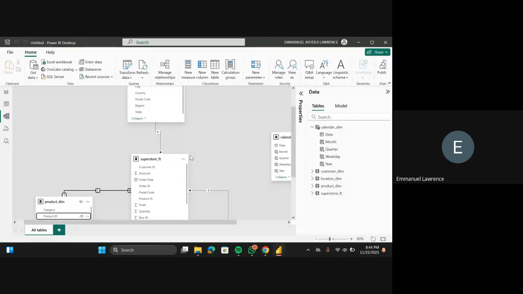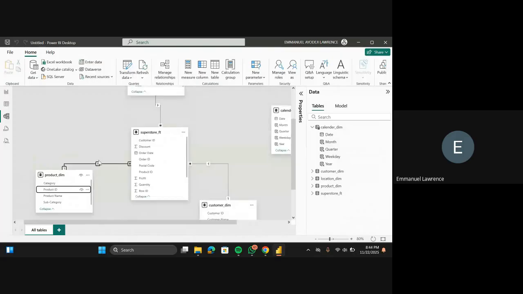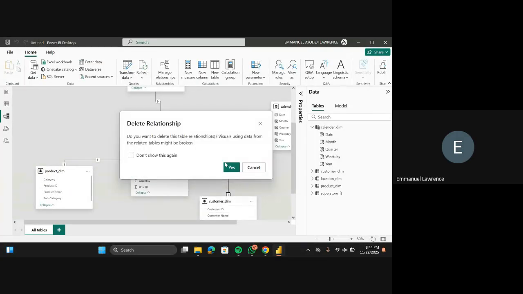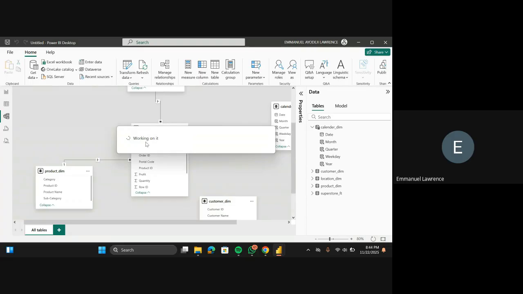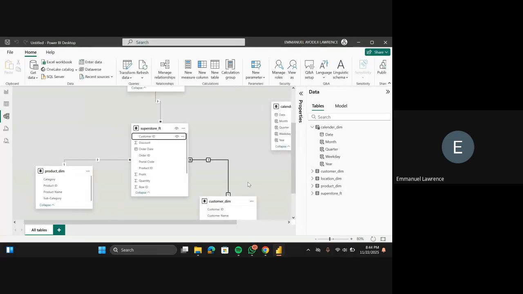Okay, so now this creates a one-to-many relationship. So this is where you can create it. Let me do this one also, just as an example. I'm joining them based on my customer ID. So I'll click on customer ID here and drag it to the customer ID here. Once I drag and drop, can you all see the one-to-many relationship? Once I click on save, that's all.